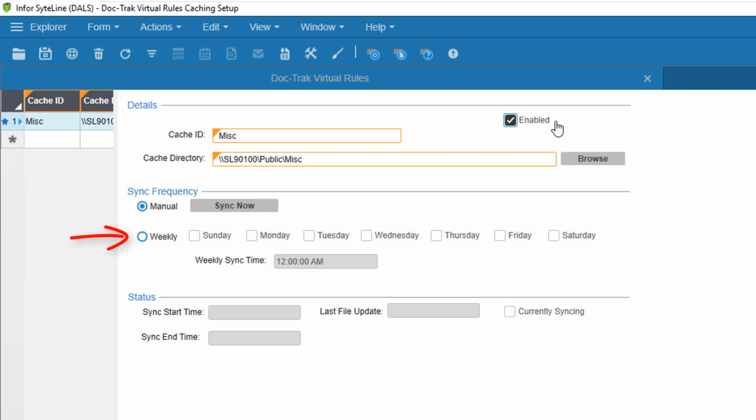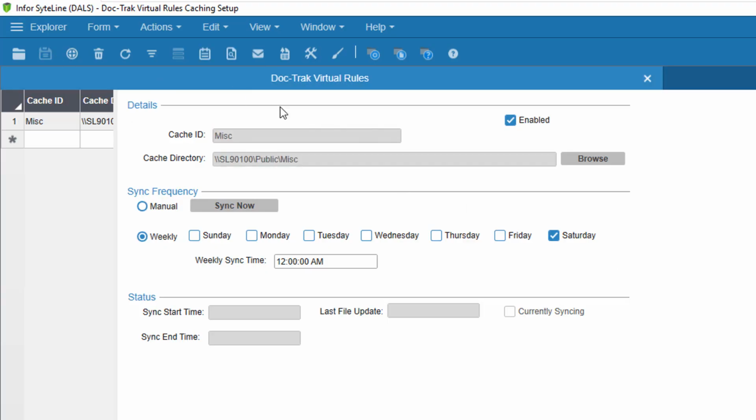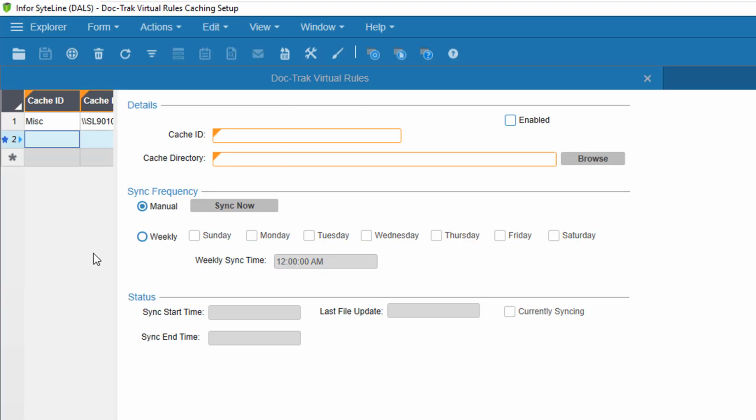First, I'll select the radio button for weekly, and then I'll set this one for Saturday at midnight. That way, if it takes a long time, it's very unlikely to affect anyone using the system. Then I'll add a new record and set up the Work Docs location the same way.